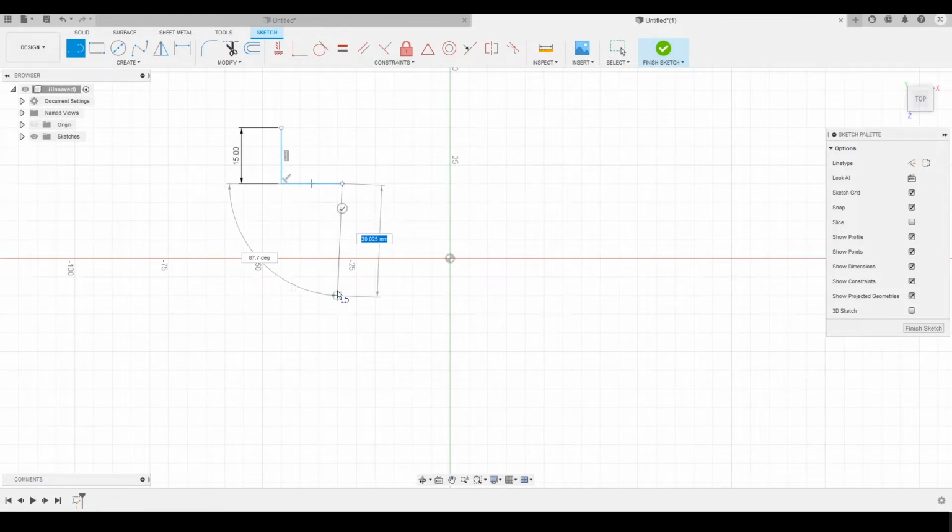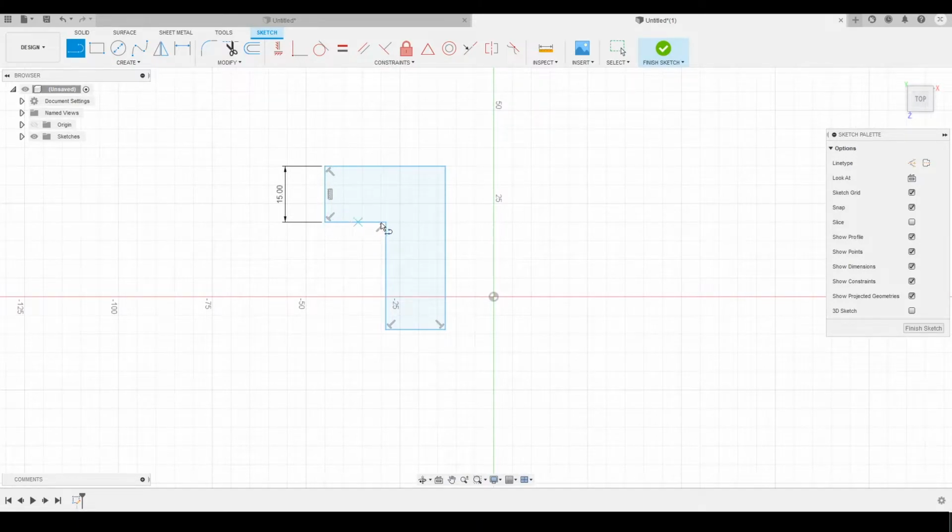So I'm just going to make some shape here using the line tool. And notice how I closed this sketch. I made a loop. And when you close a sketch, the inside will turn blue. So right now it's open. And watch what happens when I close the sketch. It's a really light shade of blue. Basically, if you're going to be extruding anything, you have to have a closed loop. So now that I have a closed loop,